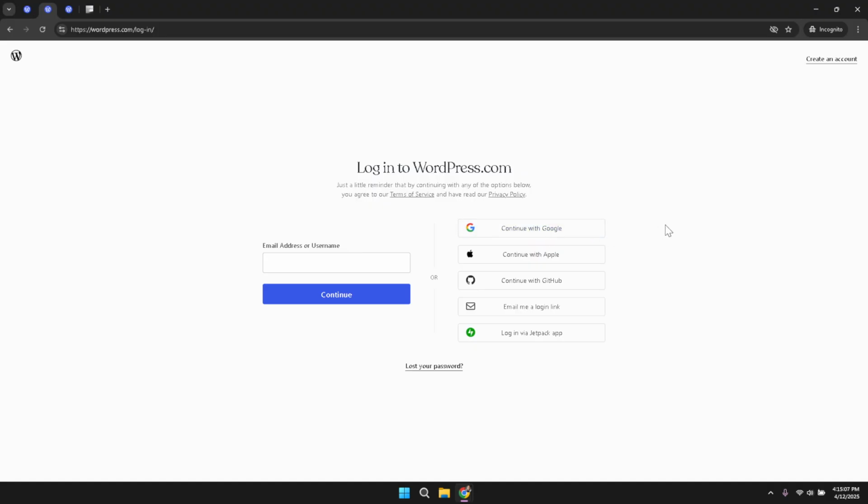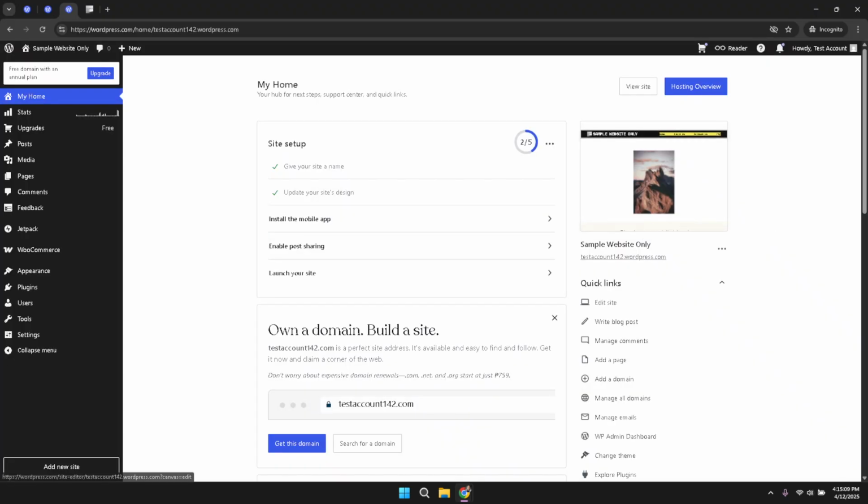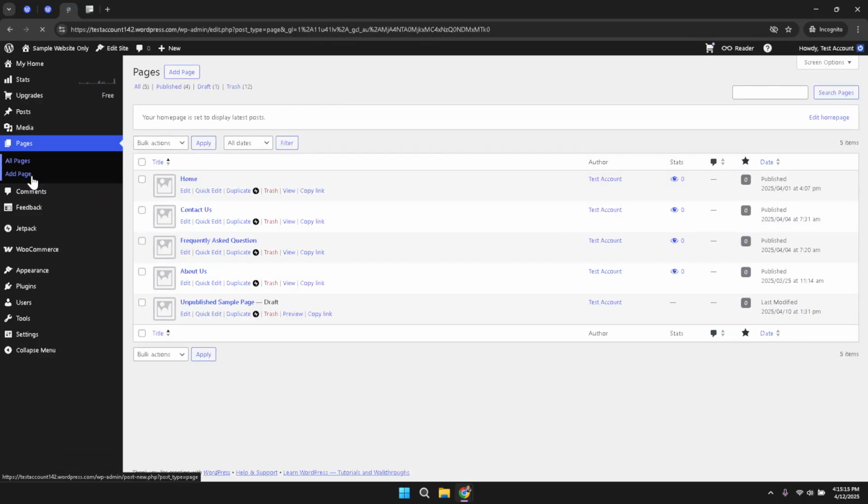Now that you have successfully logged in, it is time to move on to working with pages on your site. Navigate to the Pages section by clicking on the Pages link located in the dashboard. This section is where you manage all the content pages of your website. You will soon notice that there is an option to add a new page. Click on Add Page and you will be presented with a simple interface that allows you to begin creating a